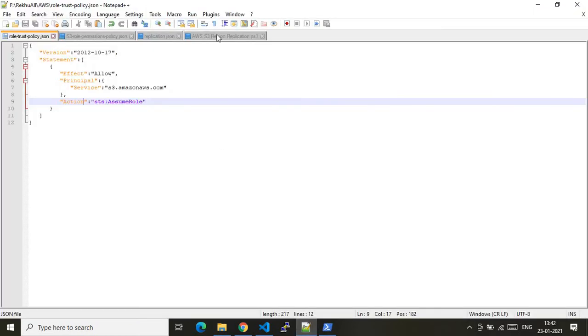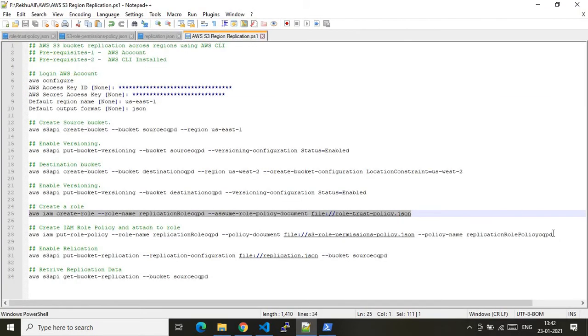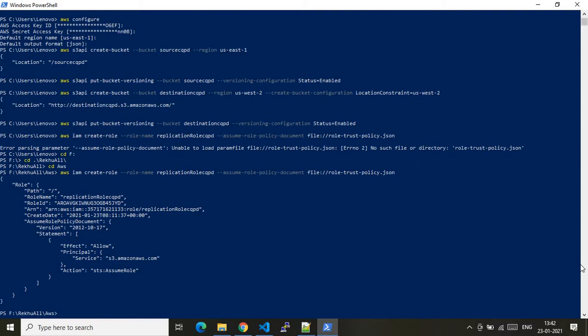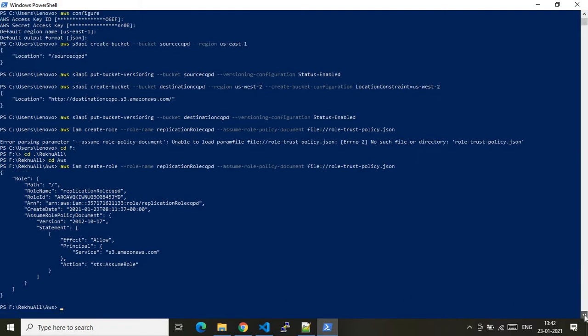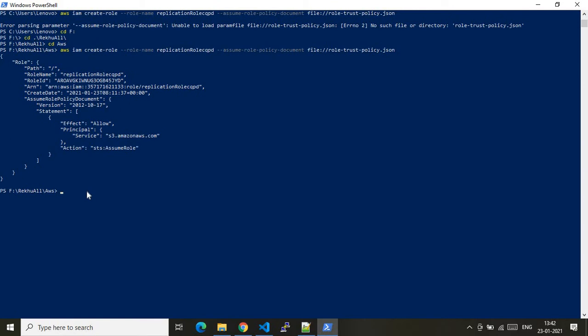So let's go to the next command. Next, I'm creating a policy and attaching it to the role which I created just above. Let me do that by using this command. Since I am using a JSON file in this command, it should be noted that this JSON file should be sitting in the same path from where you are running the command, or else it will throw the error like above, which I showed you. So now let me do that. Let me create a policy and attach it to the role. It has successfully done that job.